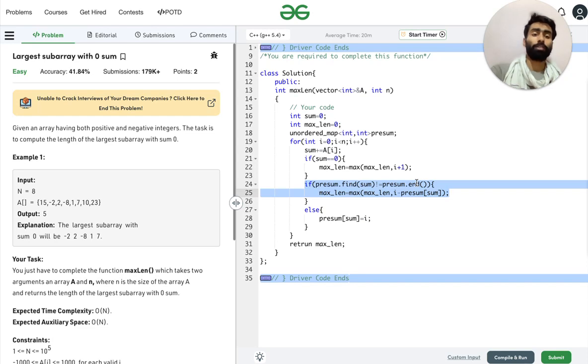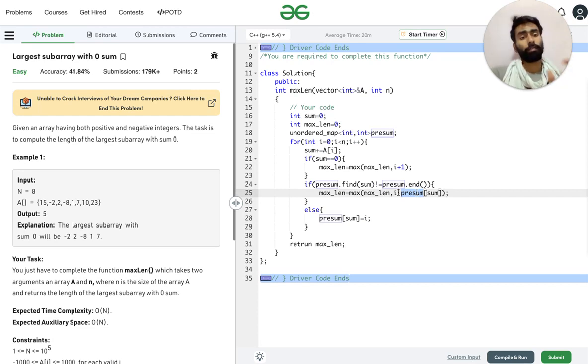If we calculated some value and it is already present in the map, in that case we pass the maximum of the two: the max length already present, or the current index minus the first index where we got that sum.